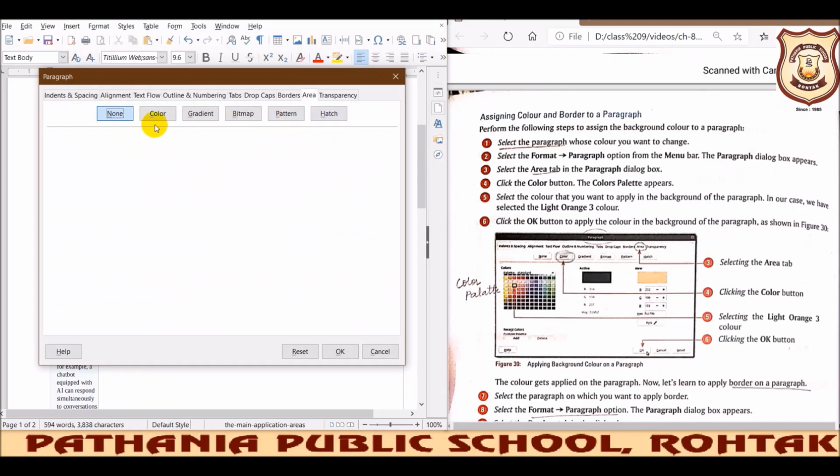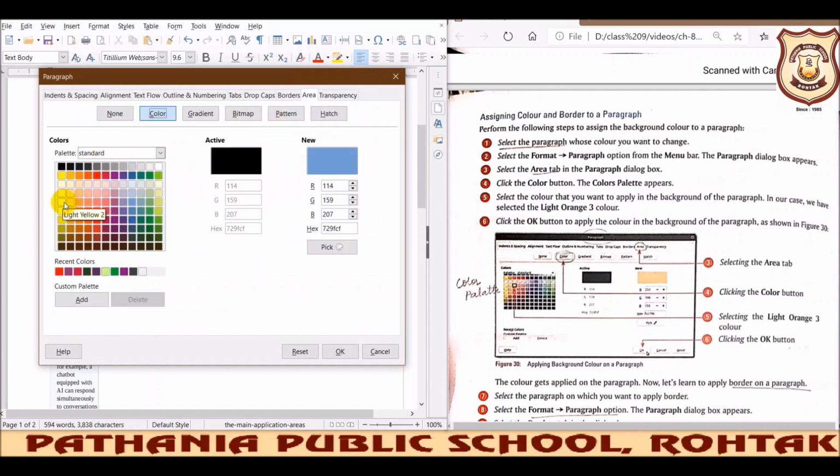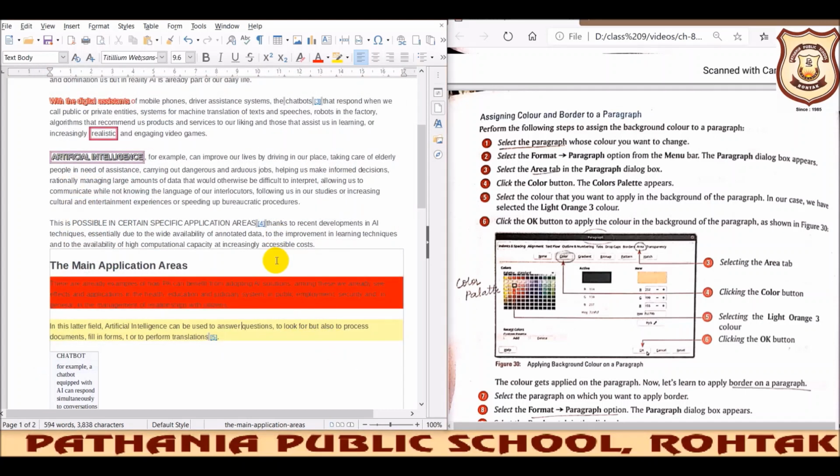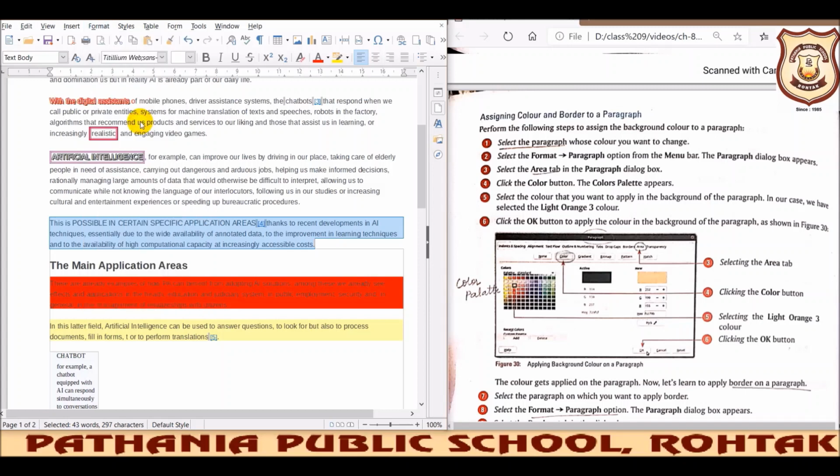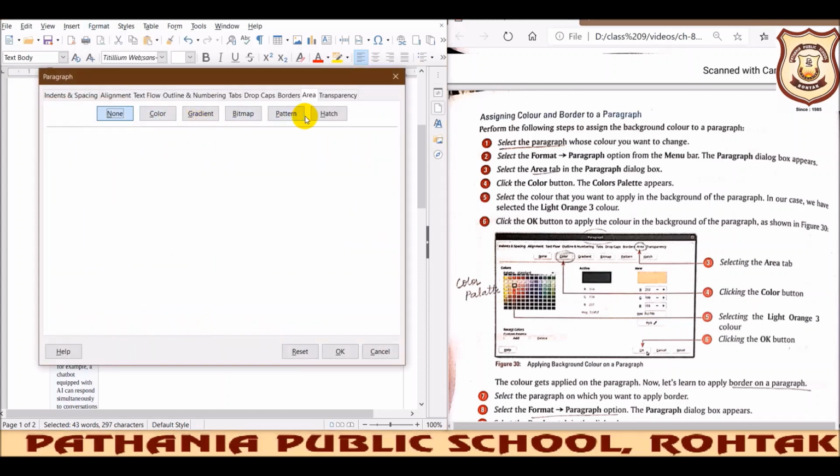Okay, so I can change the color, even I can make it light. This time it has been implemented to it because this was selected this time. Okay, so firstly the paragraph should be selected, then you should go in format tab, then you should go to select the paragraph. Dialog box will appear.